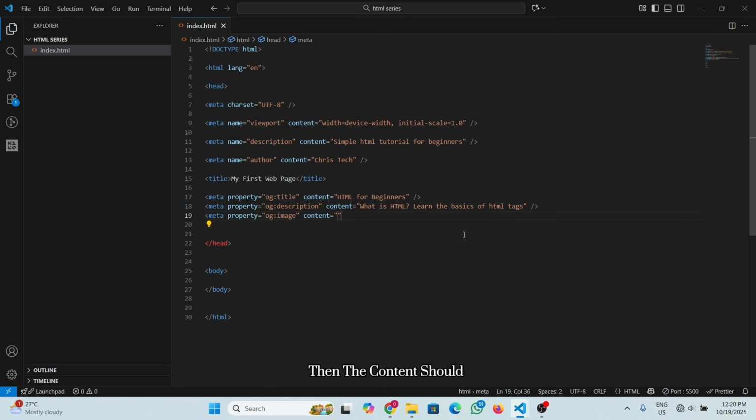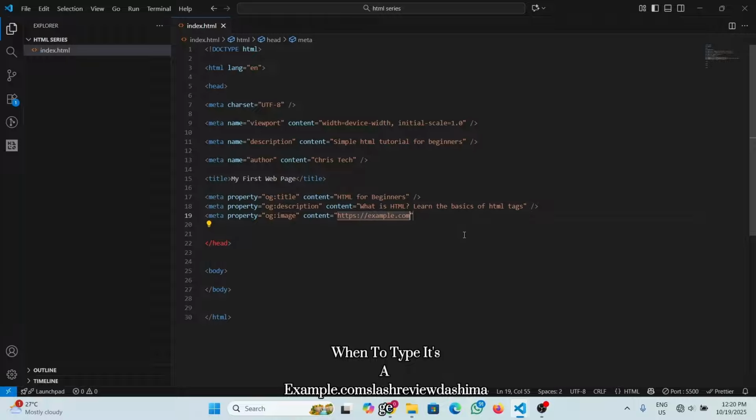And the content should be, we are going to find the link of any image. Okay, so I'm going to type the one I have here. I'm going to type it example.com/preview-image.jpeg. Okay,